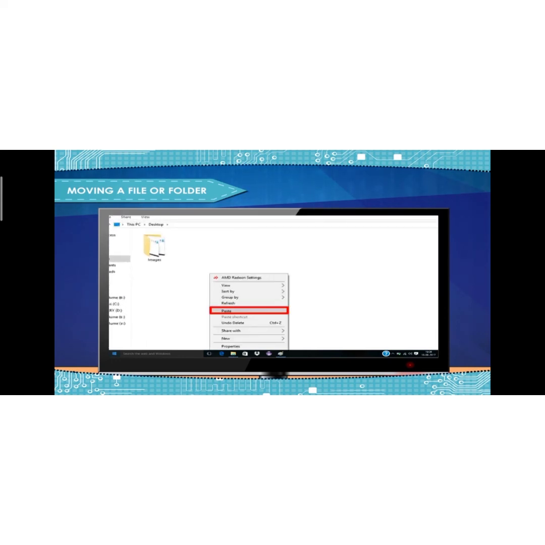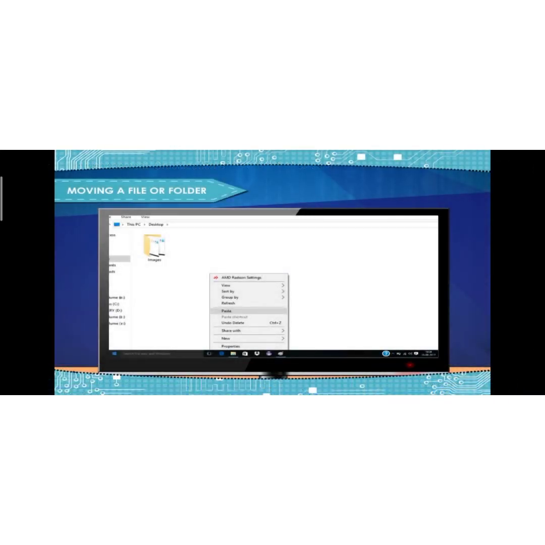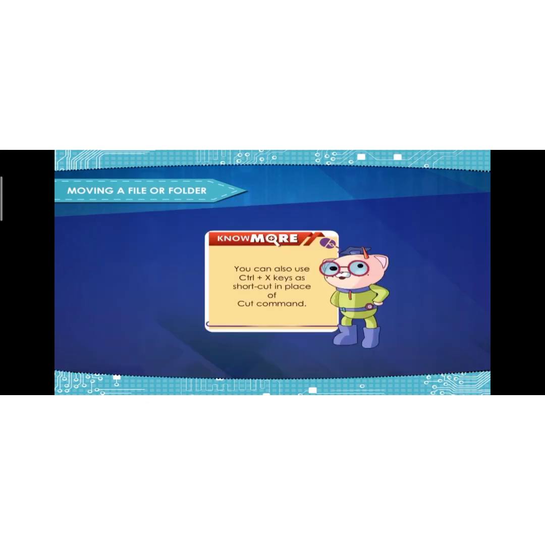Then use the paste command using the right click menu. Thus the file or folder will be copied to the new destination and removed from the original place. Note, you can also use Ctrl plus X as a shortcut in place of the cut command.